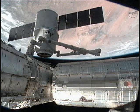The SpaceX commercial resupply contract requires the company to deliver 44,000 pounds of equipment and supplies over 12 flights. To pave the way for operational resupply missions, SpaceX carried out 2 successful test flights, one that tested the capsule's systems in a solo flight and another that included a berthing at the station last